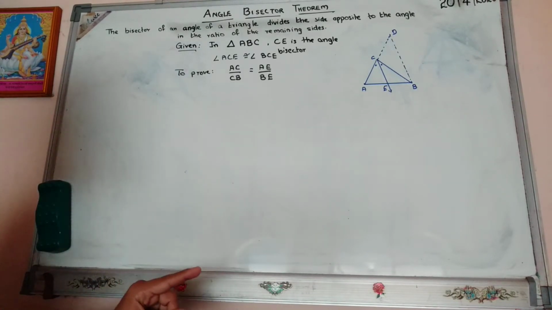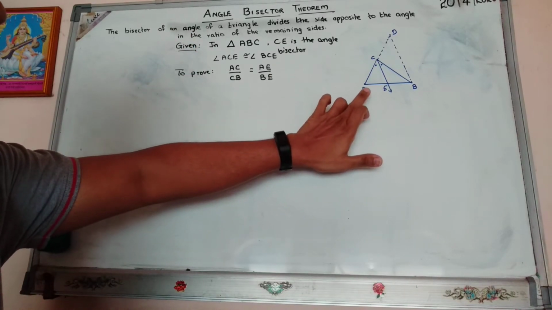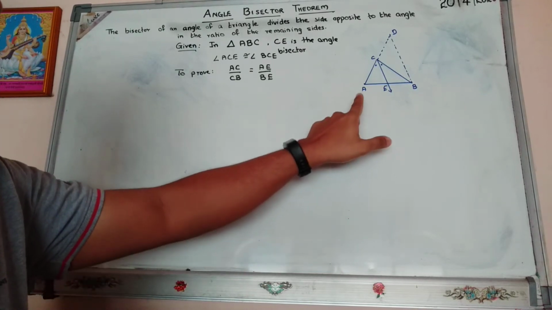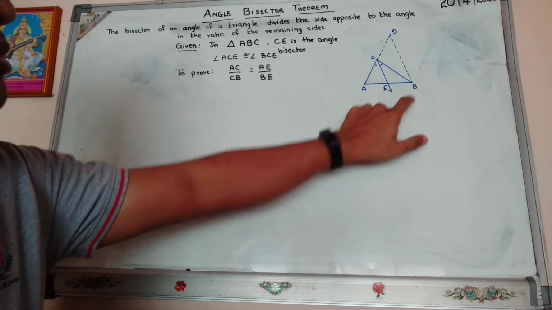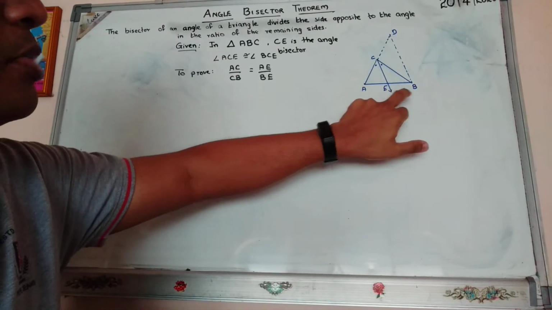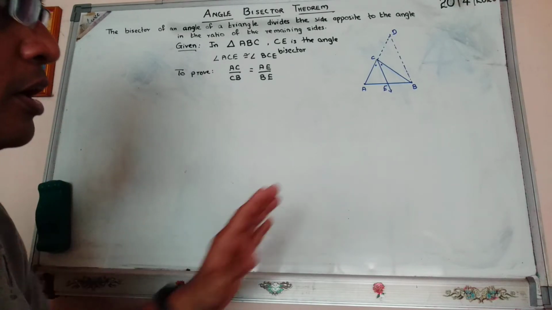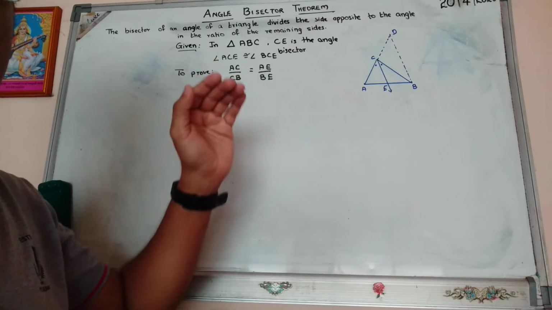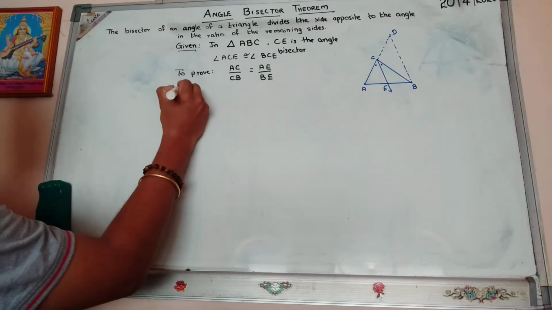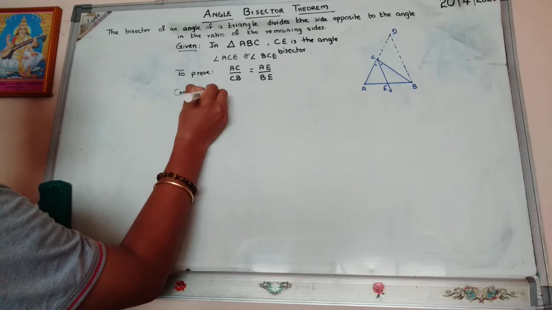Now remember in this, the ratio, because I started with this vertex A, it's AC upon BC. The second ratio will also start with the vertex A, AE upon EB. If I had started with this, BC upon AC, the ratio would have been BE upon AE. So this is one important thing you have got to keep in mind. The vertex we start with is the same for both the ratios. Okay. Next is construction. Construction is a very important part in this.